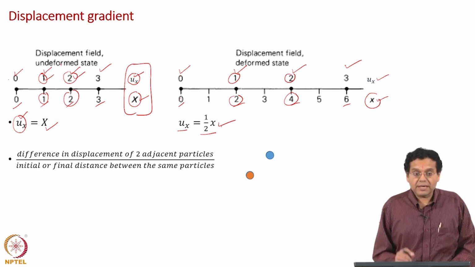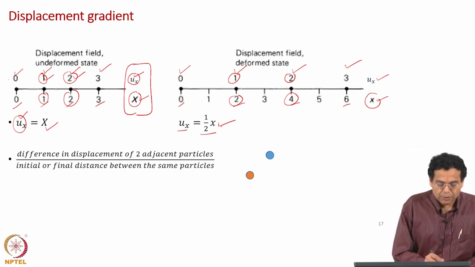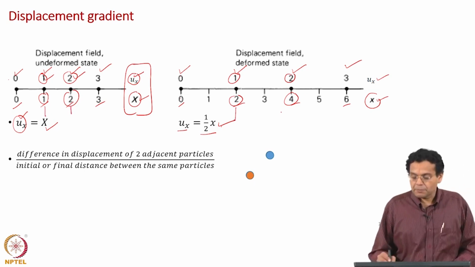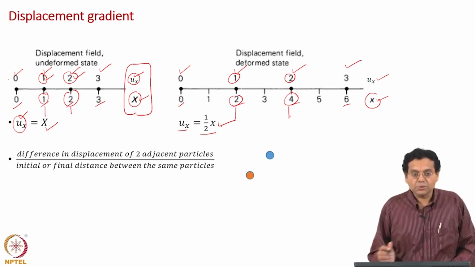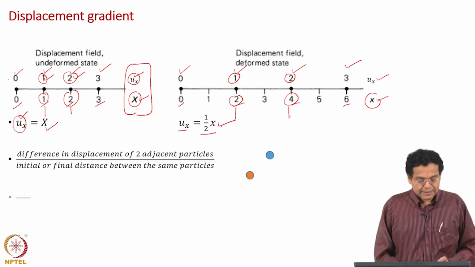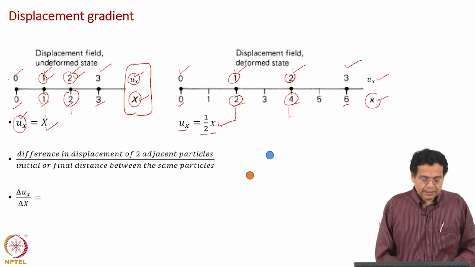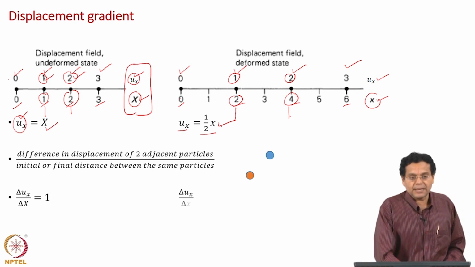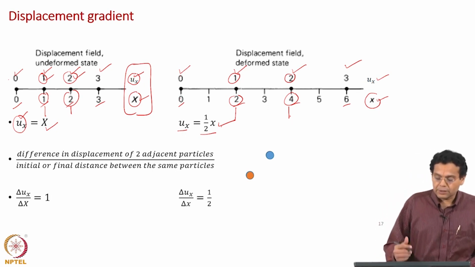Initial or final distance between the particles. So, now there is a possibility of two choices. The distance between the two particles in the old configuration is 1 unit, but in the new configuration is 2 units. So, with the same definition, delta u x by delta capital X is 1,